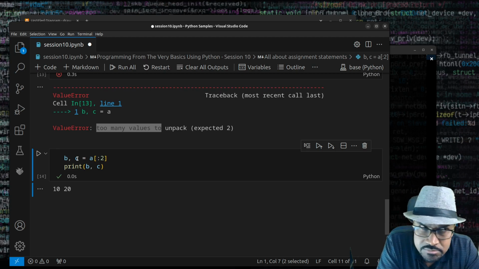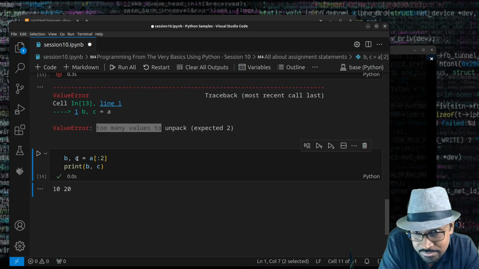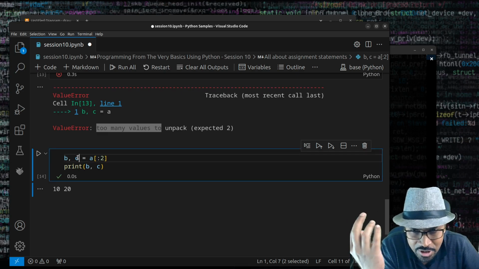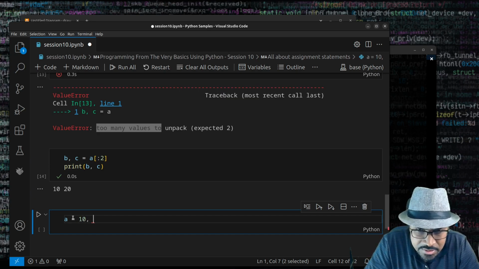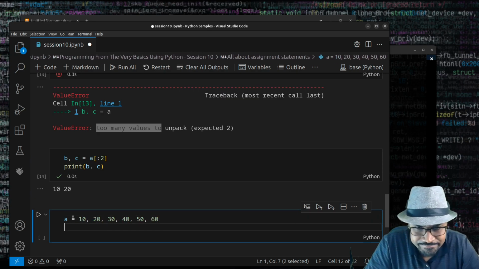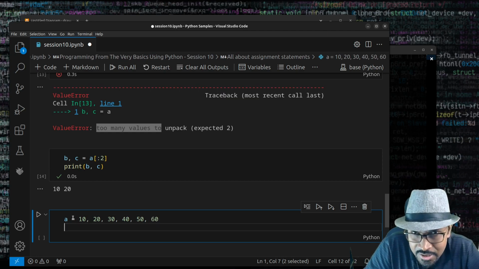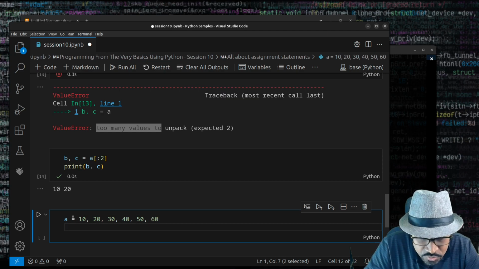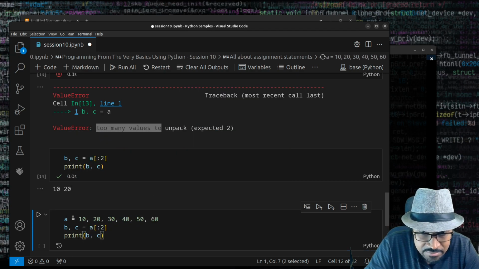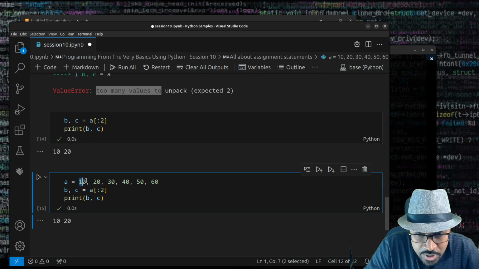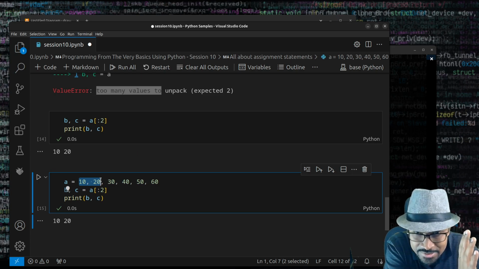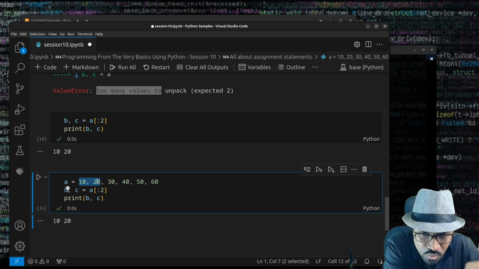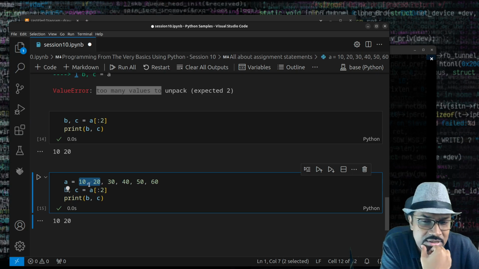You might ask me, what if I want the last two items? I don't want 10 and 20. Let's assume that a has more elements now. a has 10, 20, 30, 40, 50, 60. There are 6 items in a. If I try to use b, c = a[:2] and print b and c, it extracts the first two items from here. :2 is like the first two elements, up to the second index, not inclusive. 0, 1 is taken in. That's how you read it, okay? The first two elements. But what if I want